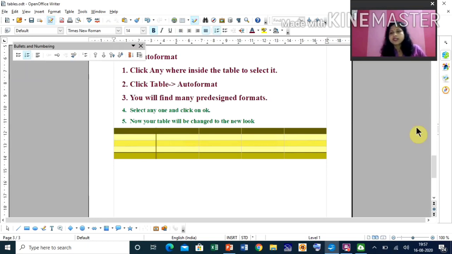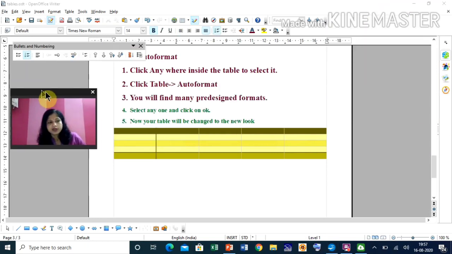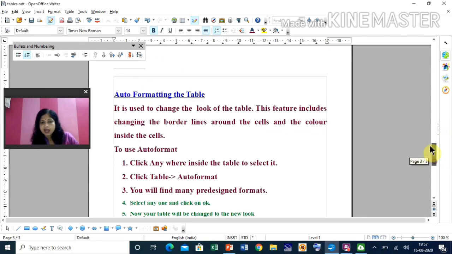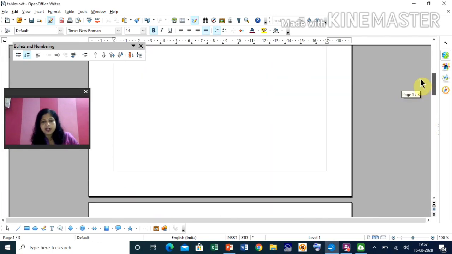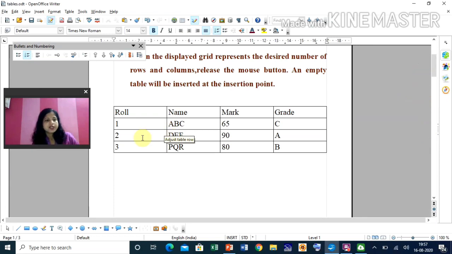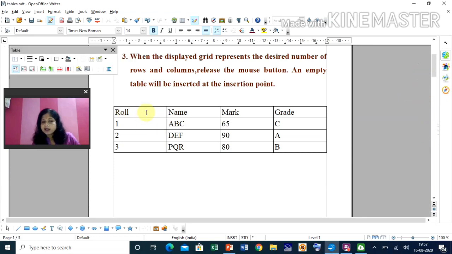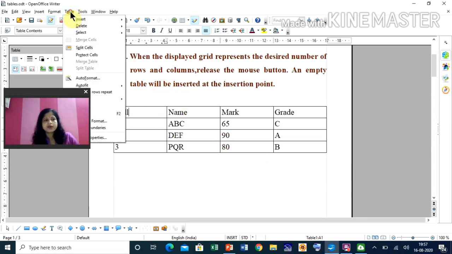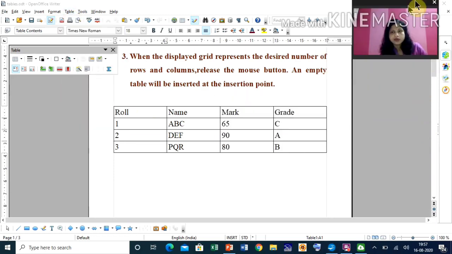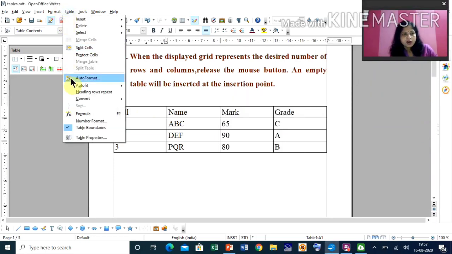That is how to change the look of the table, we can use auto format. This feature we can apply to a table which we have already created also. Suppose for this table you want to change the color, meaning the look of this table. You click the cursor in the table, anywhere you can keep the cursor, so that the table will be selected. Then you go to the table, then the auto format option.